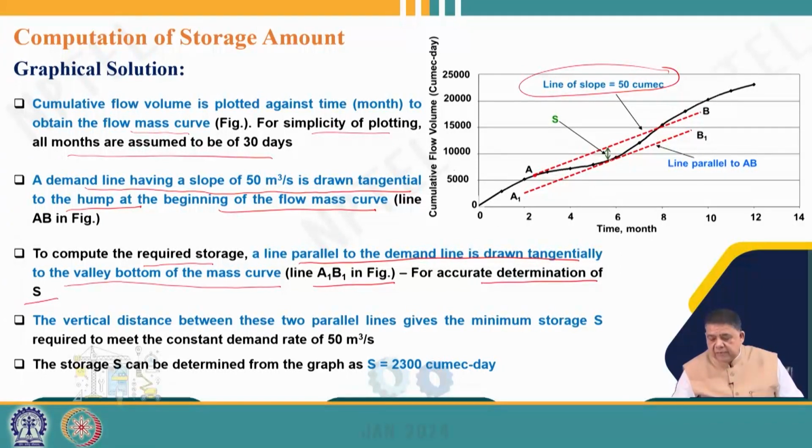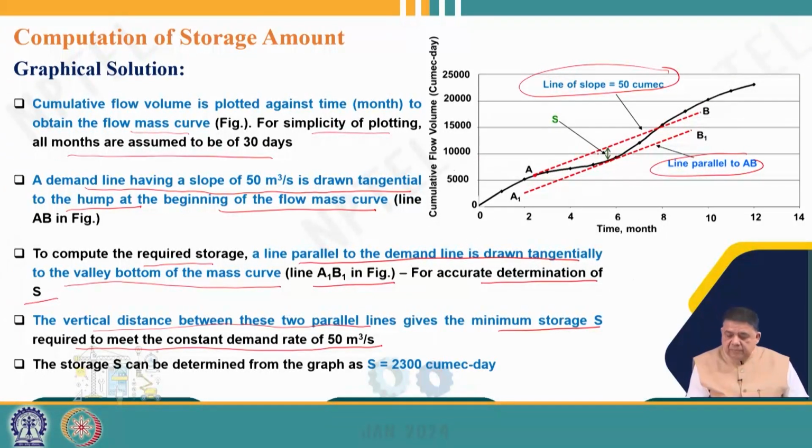So, what is done is that we identify the valley bottom and we draw a line parallel to this line AB, that means having the slope of the same 50 cubic meters per second. So, this A1 B1 is parallel to AB, and the vertical distance between these two parallel lines gives the minimum storage S required to meet the constant demand rate of 50 cubic meters per second. So, this vertical gap, if we find it out, is nothing but the storage